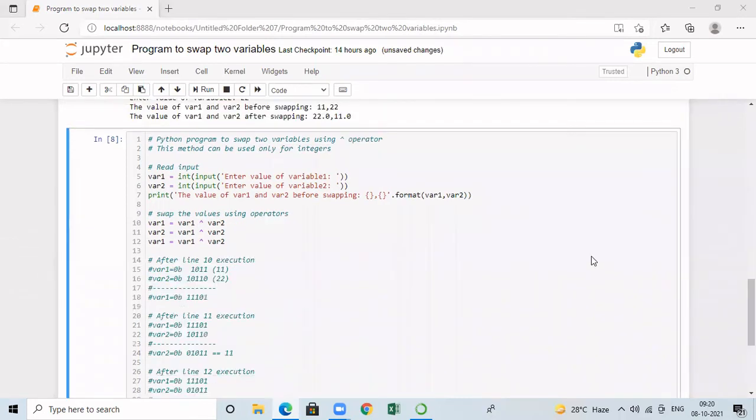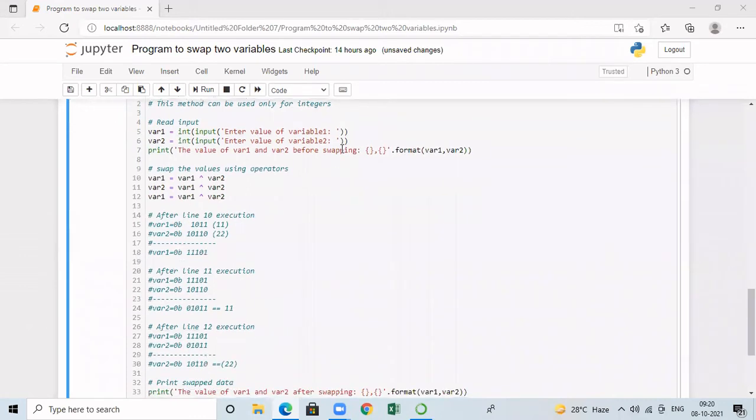So in the last method, we are going to perform the swapping by using XOR operator, which is represented by caret symbol. And this method can be used only for swapping integers. We can't even swap floating point numbers by using this method. So let us see the statements for this method. So here we have 3 statements. We are going to use only one operator, that is XOR operator. Similar to the previous methods, the sequence will be same, but in this, we are going to use the XOR operator in all the 3 statements. That is the only difference.